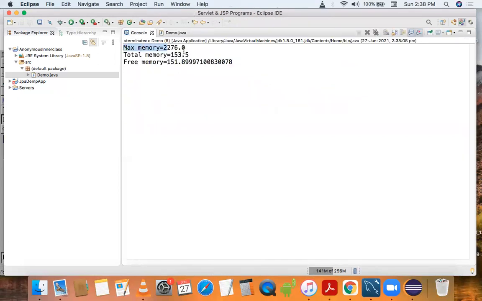So here we are getting maximum memory of heap in MB, total memory of heap in MB, and free memory of heap in MB.